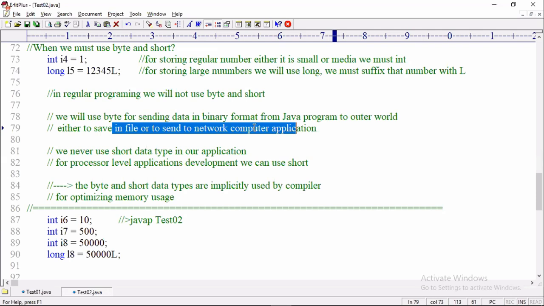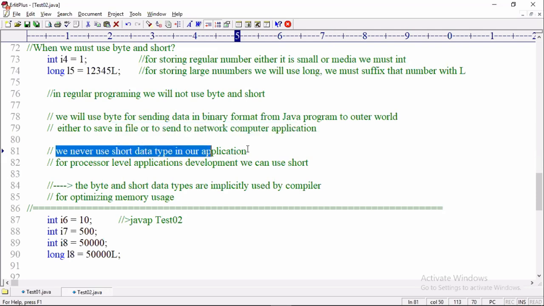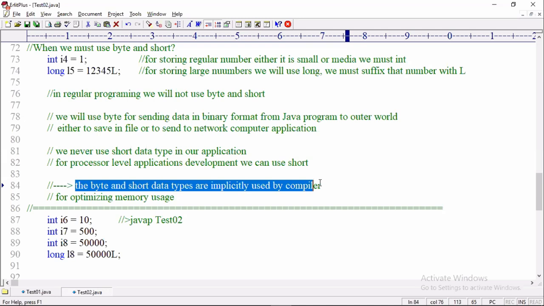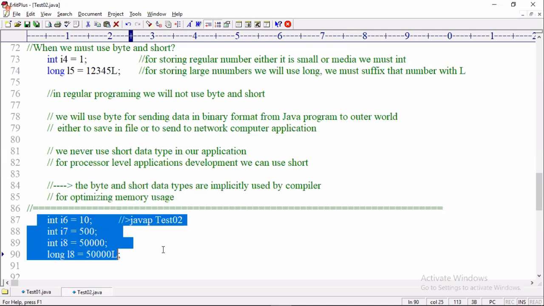Next, we never use the short data type in our application. For processor level application development we can use short, but we never develop it. So in general, byte and short data types are implicitly used by the compiler, not by the programmer, for optimizing memory usage, and I have shown the proof.